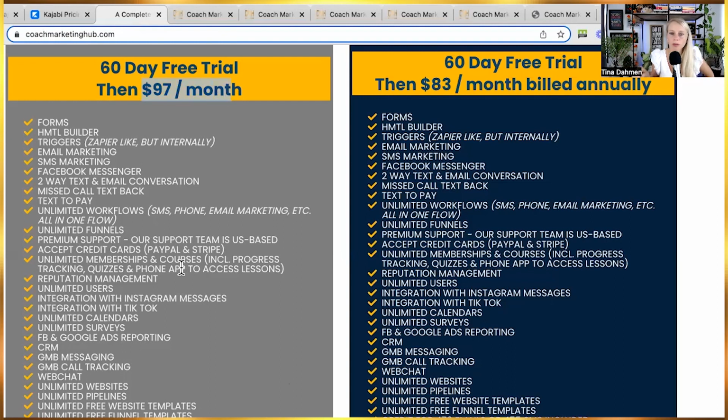However, the way this works is Coach Marketing Hub charges per SMS sent and per email sent. Now you may be wondering, how can they afford to do this? Because the business model is the subscription model, which is the $97 per month. That's how we make money, okay? So